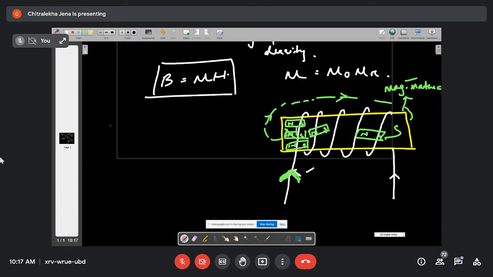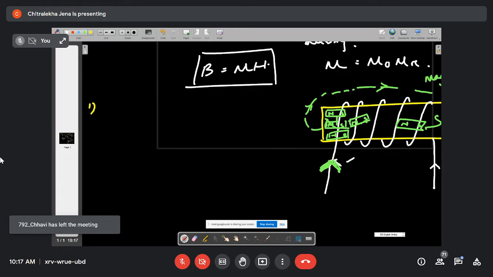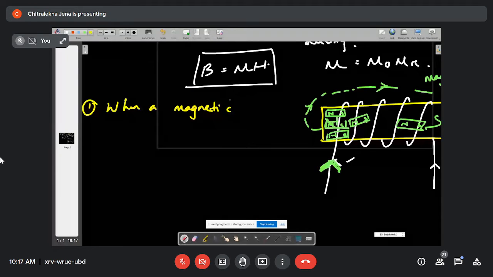So now coming to the BH or the hysteresis loop. I will write down point wise. When a magnetic material is subjected to one cycle of magnetization, write down. Just wait one second. I am dictating: when a magnetic material is subjected to one cycle of magnetization,